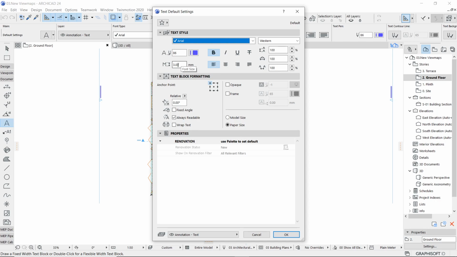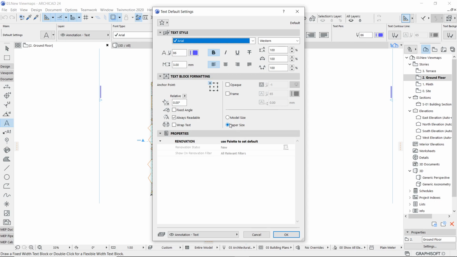Now, that's a very important thing: if you're working with a height of 3 mm, this is nothing but the height of the text on paper after printing. That means it is immaterial for which scale you are supposed to print, whether you are going to print your plan, section, elevation for 1 is to 100, 50 or 1 is to 10. The height of the text will be 3 mm on paper because there's a setting in the second rollout of the text block formatting. There is one option known as paper size.